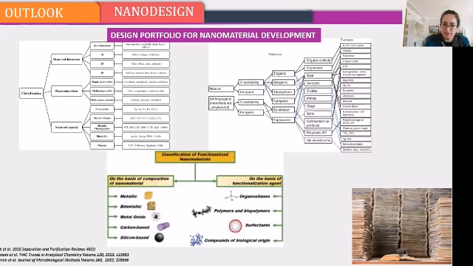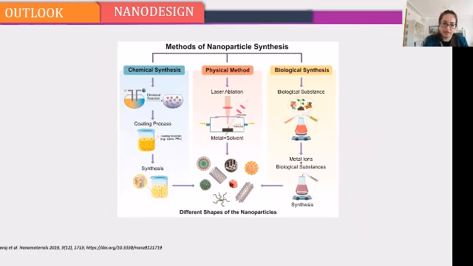So this is the basic, okay? There are some methods for nanomaterial synthesis. There are chemical synthesis ones, physical methods, and biological methods. When you follow these basic ones, once you choose the nanomaterial you want, let's say you want to prepare gold nanoparticles, there is the Turkevich method where you can simply make gold nanomaterials of different sizes. From bottom up or from top down, you can choose the methods.